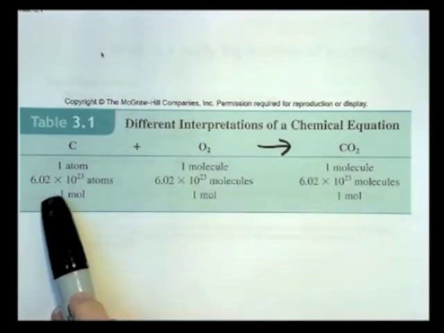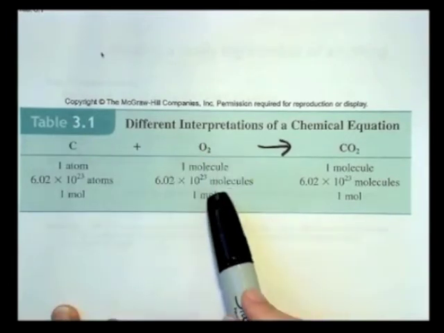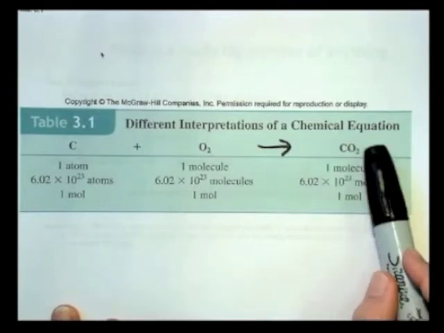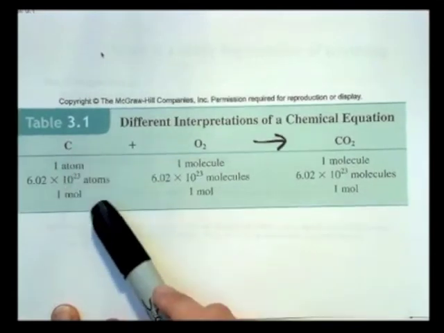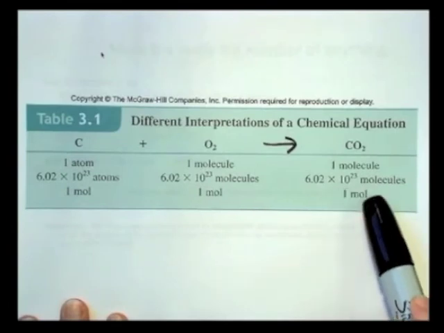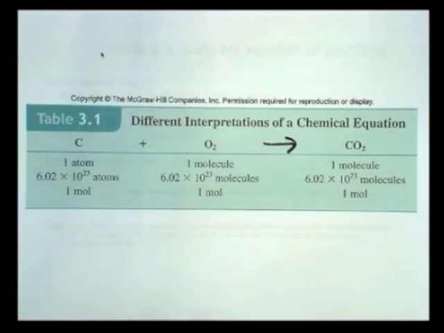Or you can say 6.02 times 10 to the 23rd atoms of carbon plus 6.02 times 10 to the 23rd molecules of oxygen gives 6.02 times 10 to the 23rd molecules of carbon dioxide. And rather than saying out that big number, we just say 1 mole of carbon plus 1 mole of oxygen gives 1 mole of carbon dioxide. But when we say the word 1 mole, we mean that's a big number of those individuals, whatever that individual may be. Okay, so now that we've reviewed for a second what the mole number is and what it means physically,